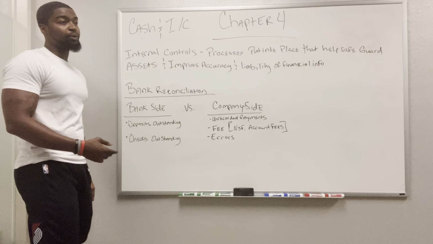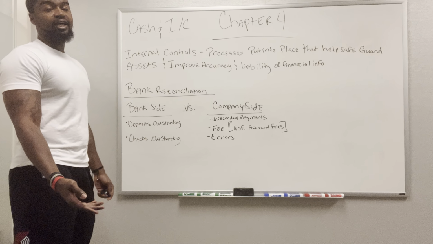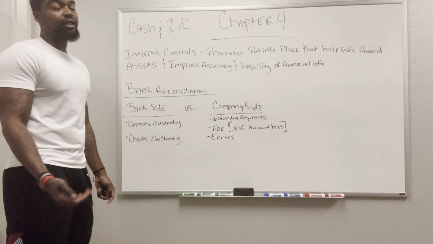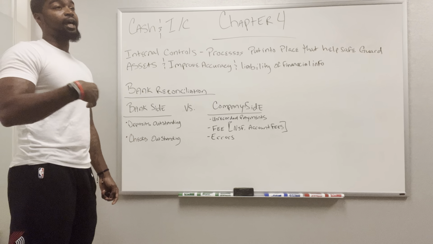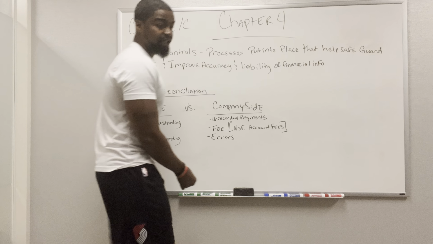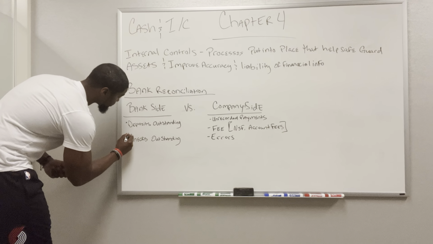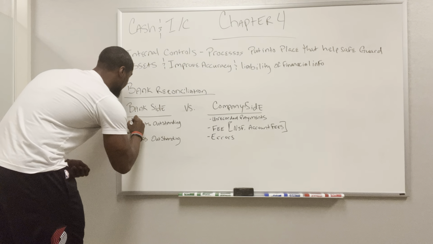The bank is going to say that you have $15,000. However, you know you have this $2,000 check outstanding for the rent that you paid. It's been written. They said that they cashed it. It just hasn't come out of the account. So you would subtract these checks outstanding. These will be a minus to the bank side, and then this will be a plus to the bank side